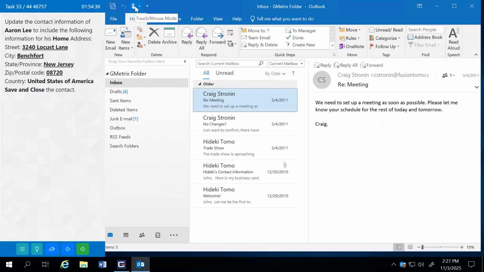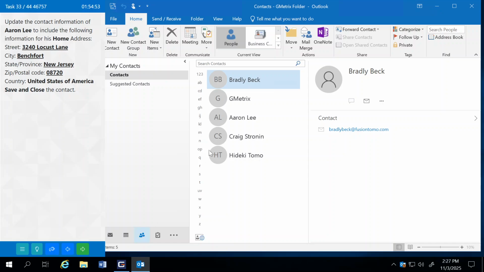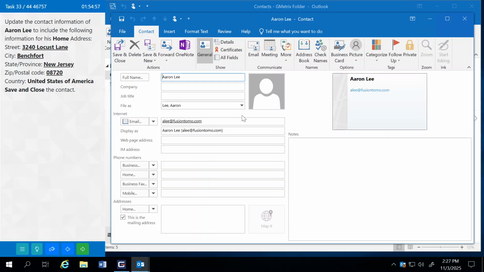33. Update the contact information of Aaron Lee to include the following information for his home address: his street, city, state, zip, and country, and then save and close the contact. I'm going to go over to my people view. I'm going to double click on Aaron Lee to open his contact card, and then all the way down at